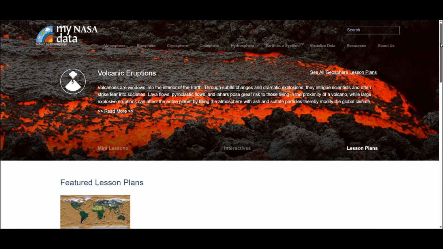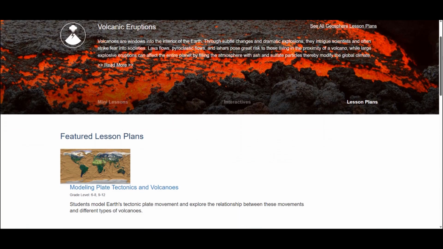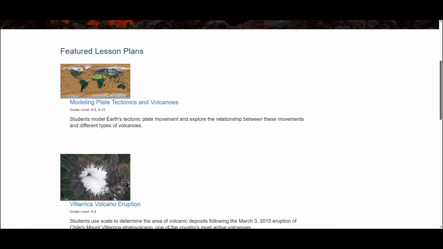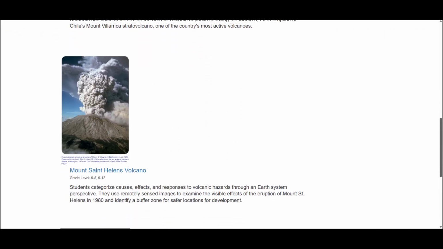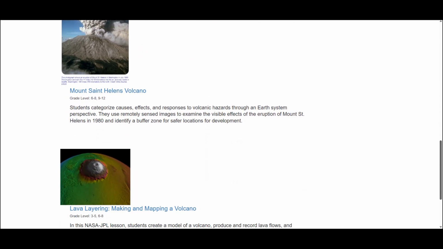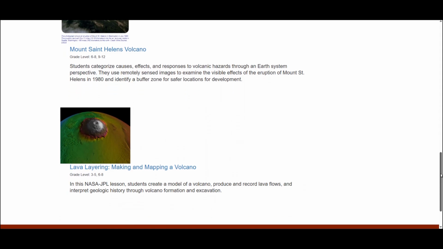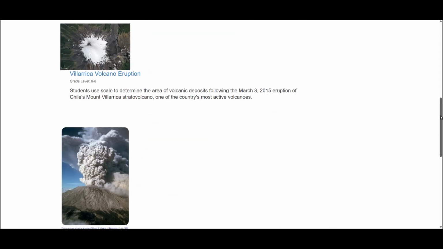The lesson plan page will list longer lessons and activities, and you can see that there will be more than one lesson for the phenomenon. Returning back to the top of the page,